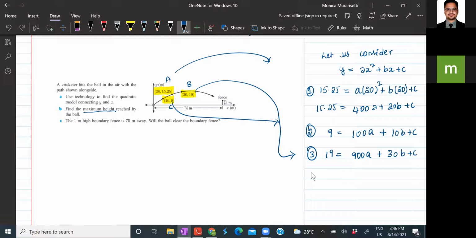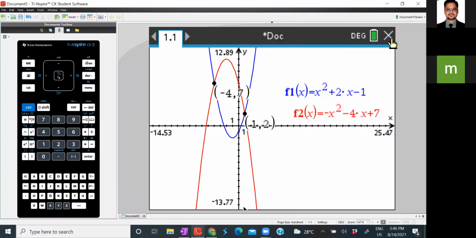Now you have these 3 simultaneous equations where you have to solve them and then you need to find A, B, C values, which is really time taking. Agreed? Isn't it? So what we can do using TI is, first we need to generate these 3 equations. All right. Now I have my 3 equations. Okay. Now what I have to do is I have to solve them. So let us go through how to solve it.